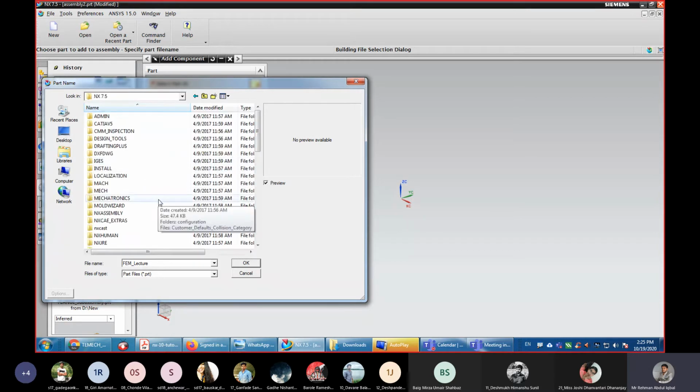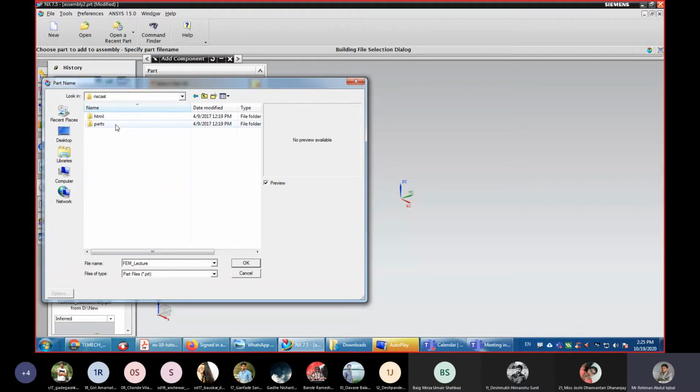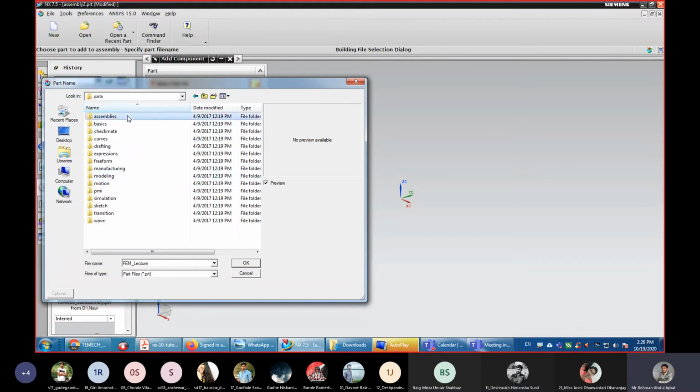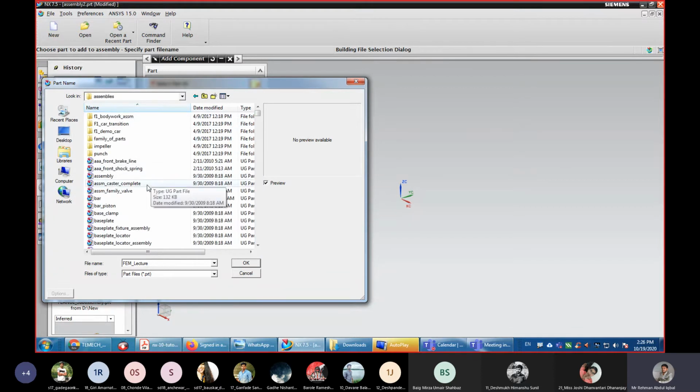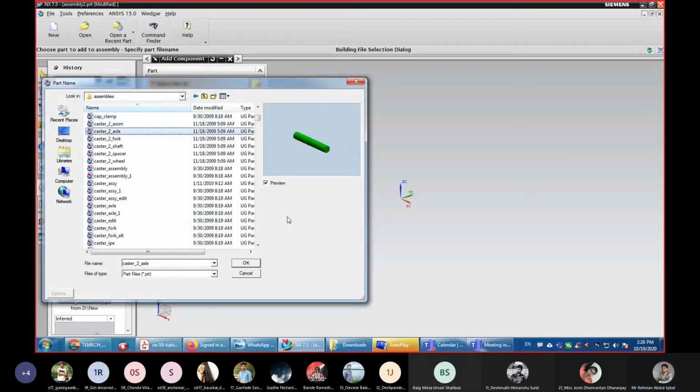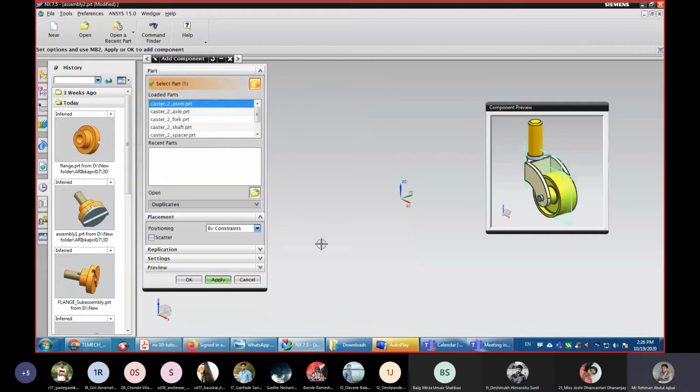Unigraphics NX 7.5, and go to NX cast parts assemblies. Here, so can you see this preview? Can you see this caster assembly? Yes, sir. Okay.